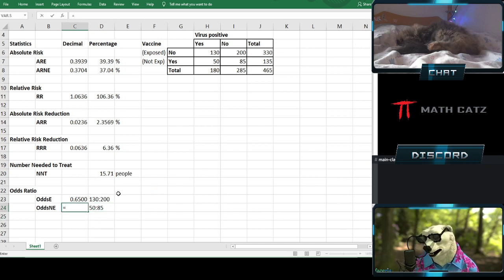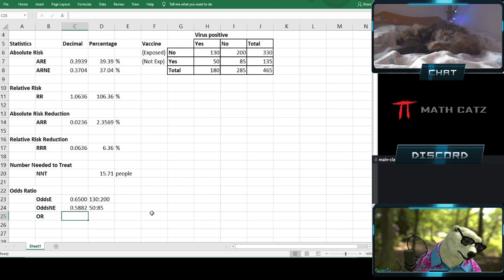That standardized is the 50 divided by the 85, 0.5882 to 1. Right. Just have enough space here to fill in our last one, which is the odds ratio,